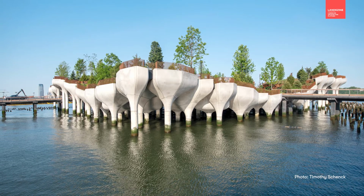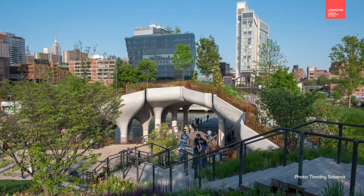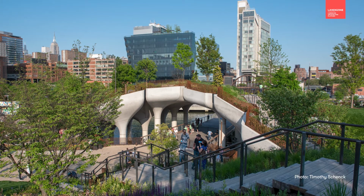So I thought about a type of Japanese garden that was developed in about the 16th century, called a strolling garden. And I began thinking about walking and what experiences you would have. And I also should say that in my youth, I was a ballet dancer. And so I thought a lot about choreography and choreographing the way people